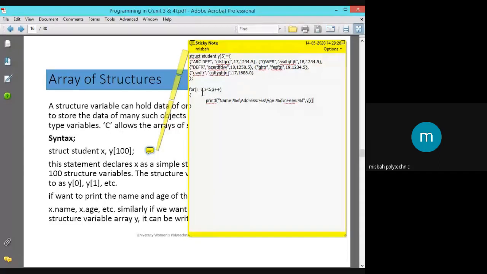Okay. So we have specified y[i].name is represented by name, comma y[i].address के लिए लिया था हमने. Okay. y[i].age के लिए लिया था, comma y[i].fees. Okay. So we have taken the variables in this fashion,